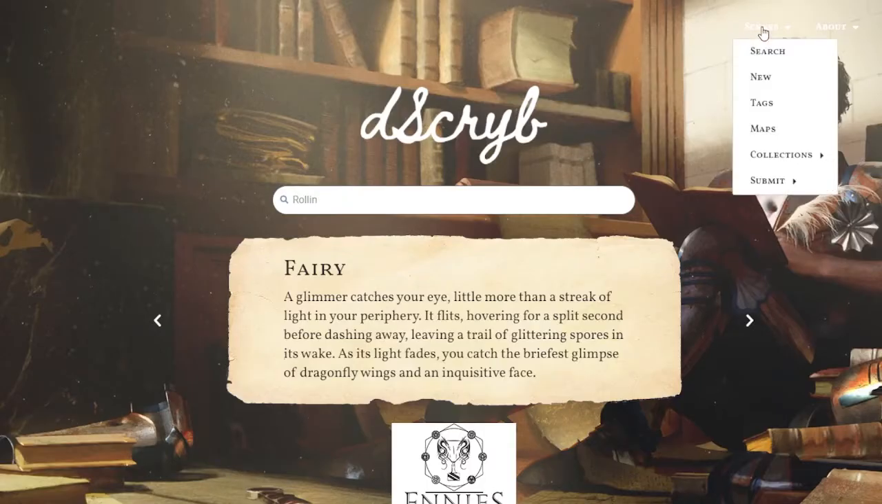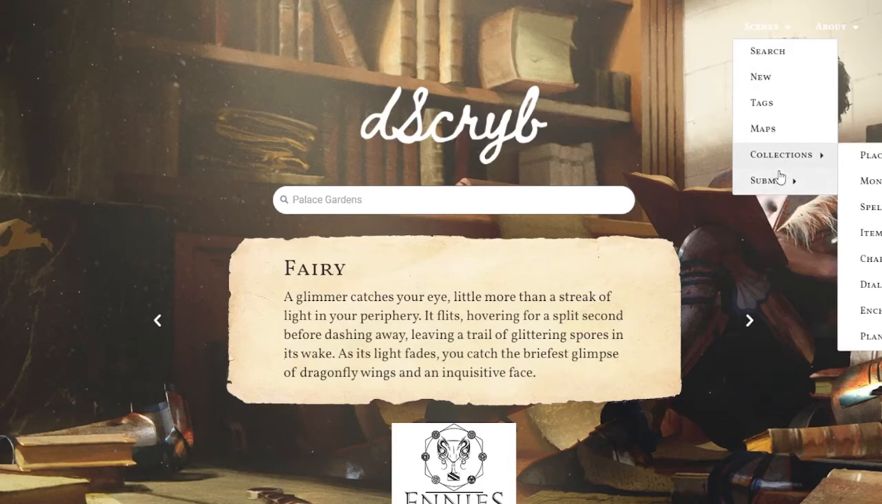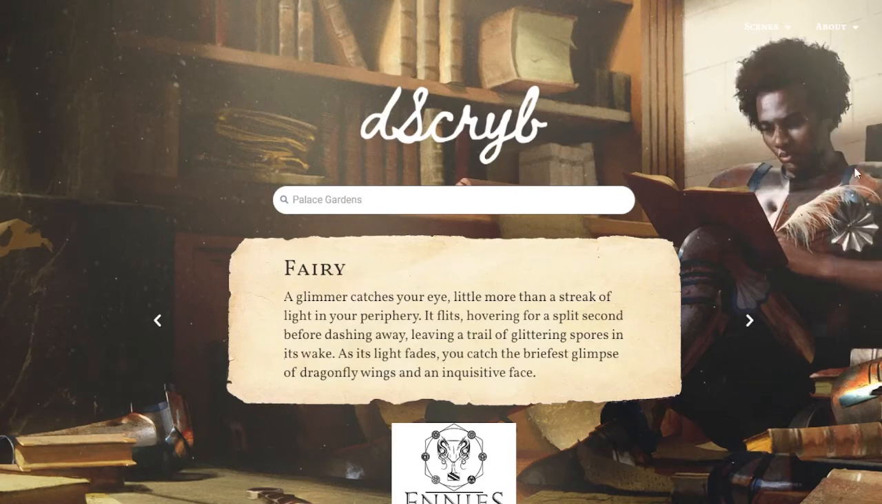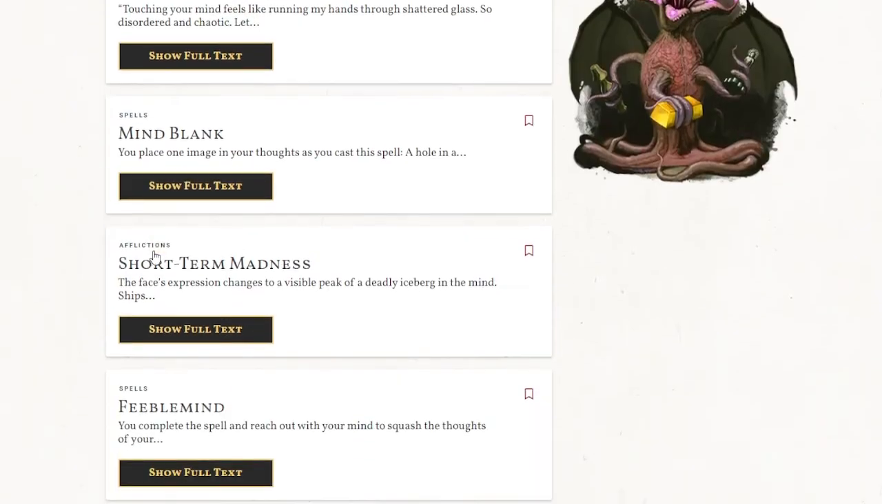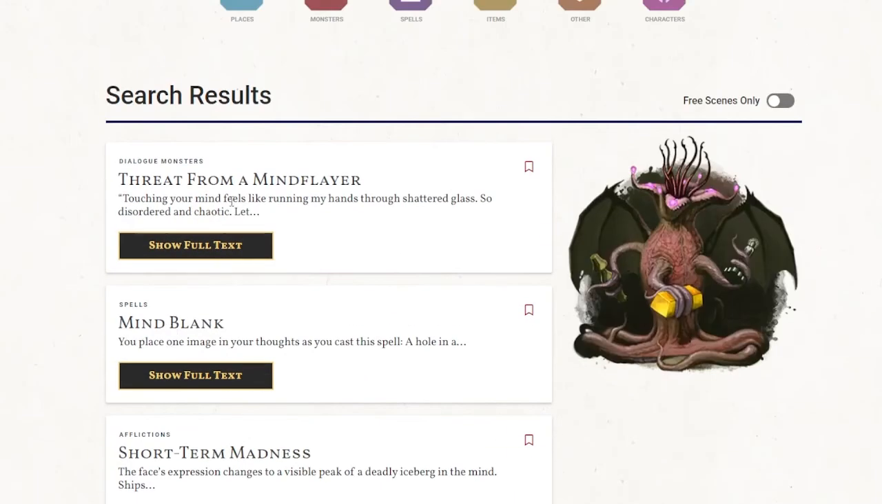Let's say there's a monster that I have launching in the game. So I go to monsters in the collection here, and I think, what's something I can search for? Oh, I happen to be using a Mind Flayer. So I look through these and I'm like, okay, there's some mind related ones, but this top result says threat